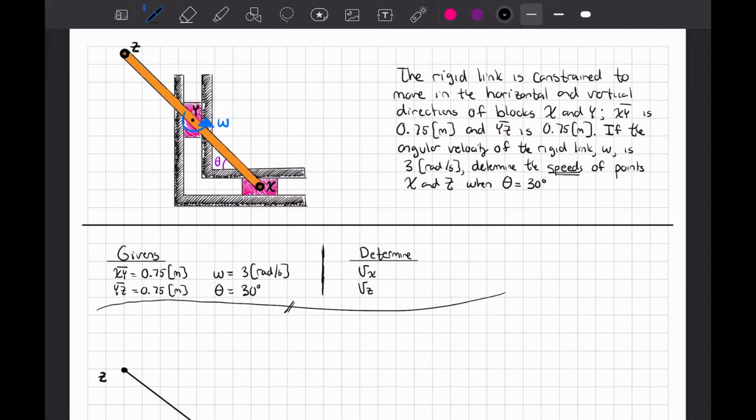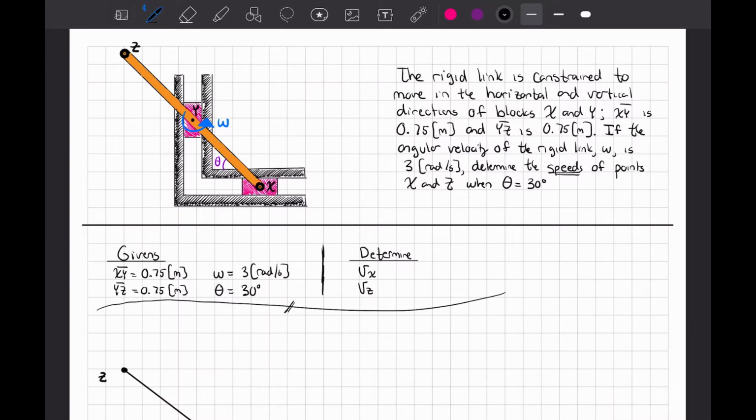So we have this rigid link that is constrained to move in the horizontal and vertical directions by blocks x and y. As you can see, we're being rotated by some angular velocity omega, and due to the constraint, x and y are either going to move horizontally or vertically. We're given some geometrical data for the length of the link, as well as the angular velocity, which is 3 radians per second. And we are being asked to determine the speeds of x and z, respectively, specifically whenever